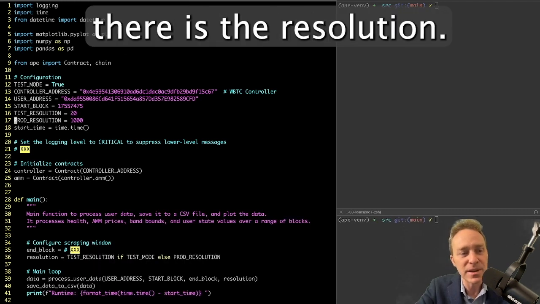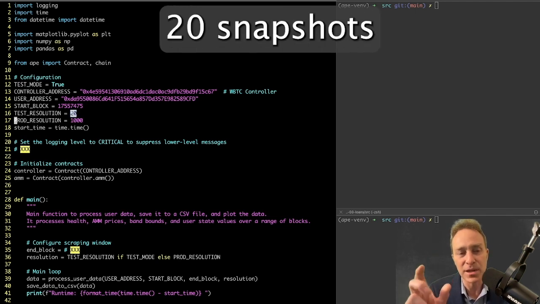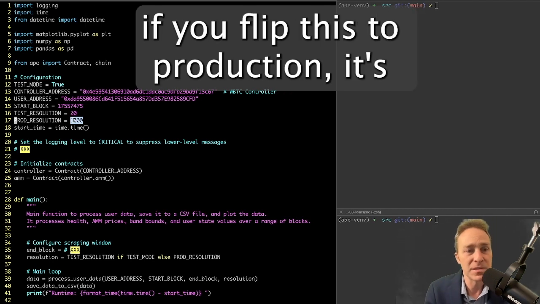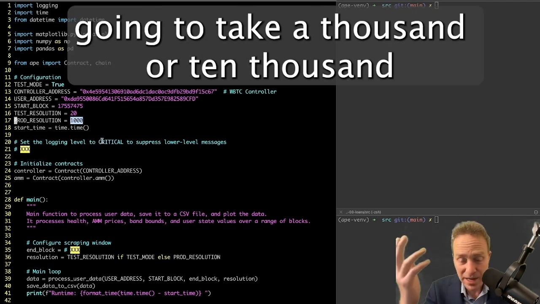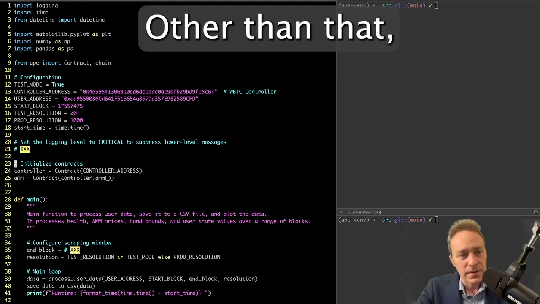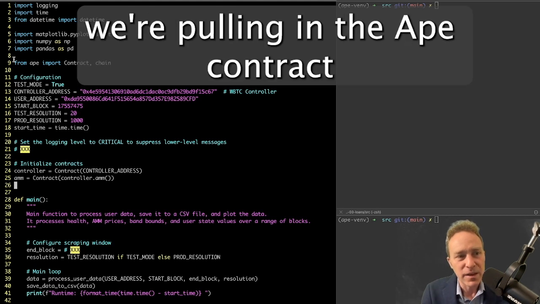The big difference there is the resolution. Instead of just taking 20 snapshots between your start and your end block, if you flip this to production, it's going to take 1,000 or 10,000 or however many you really want. Other than that, pretty self-explanatory. On line 24 and line 25, we're pulling in the ape contract